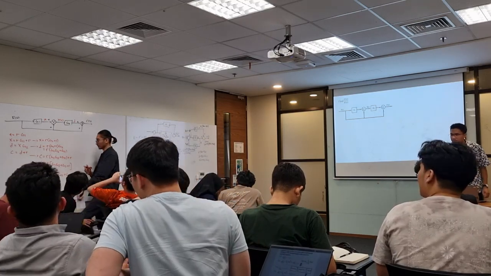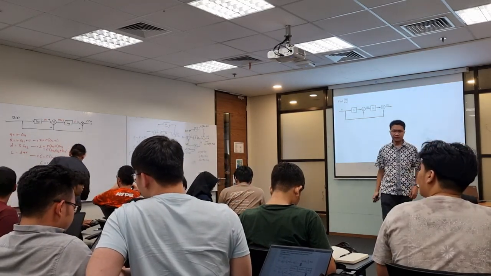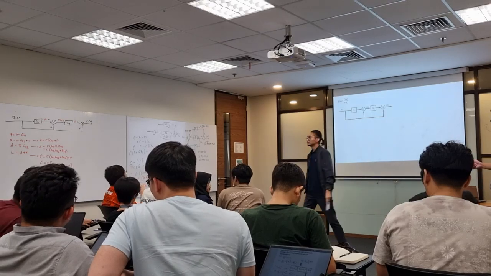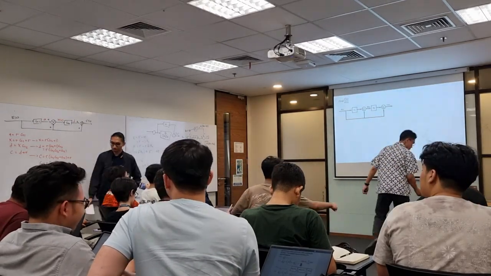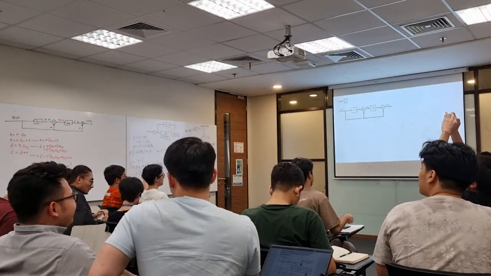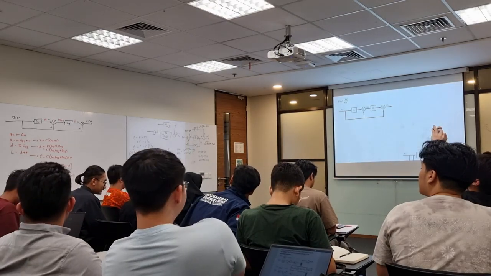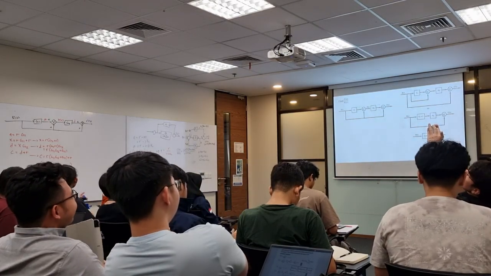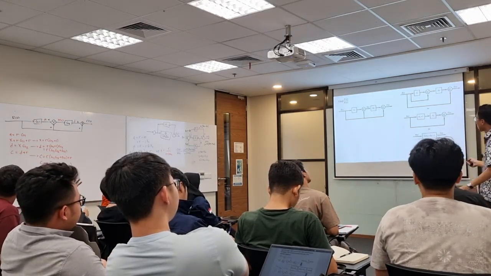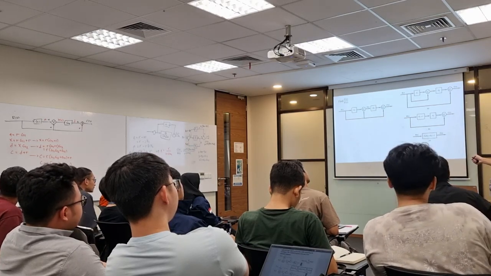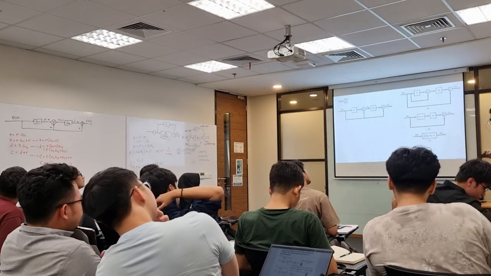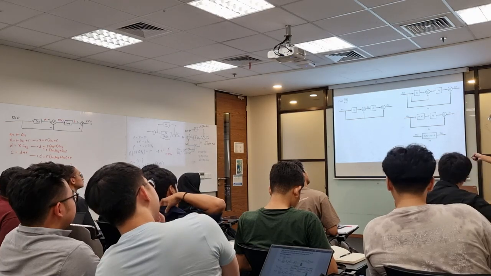This one. So let's see the first method, block diagram manipulation. Nice. So let's see right here. The first one that you can do if you are manipulating the block, you split the signal, because this line and this line, they are sending the same signal, right? So you can split it like this.